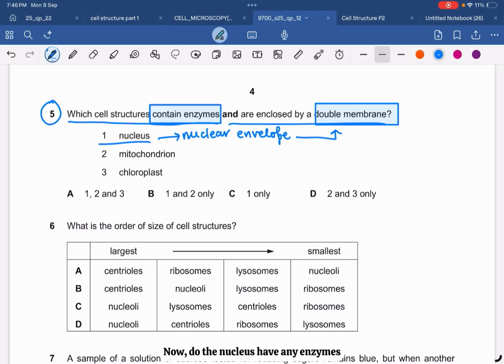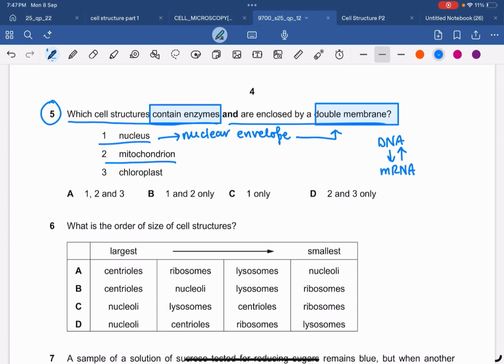Now does the nucleus have any enzymes? So yes, the nucleus has enzymes as well. Enzymes for the transcription, right? Transcription from the DNA when the mRNA is made. So a transcription enzyme is used, and then when the mRNA is converted into DNA, then also an enzyme is used. So yes, the nucleus has enzymes as well. And then